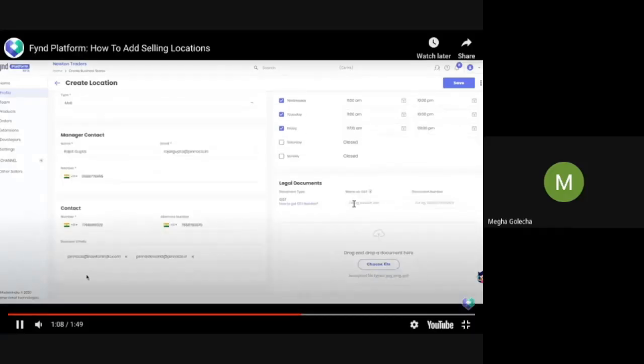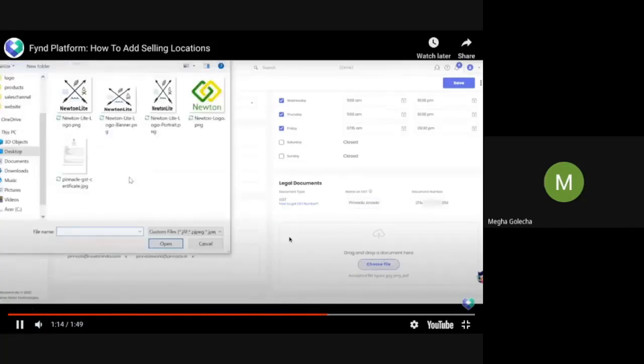You need to enter the verified GST. Also, the GST needs to be of the same state that your store belongs to. Otherwise, your store will not get verified.